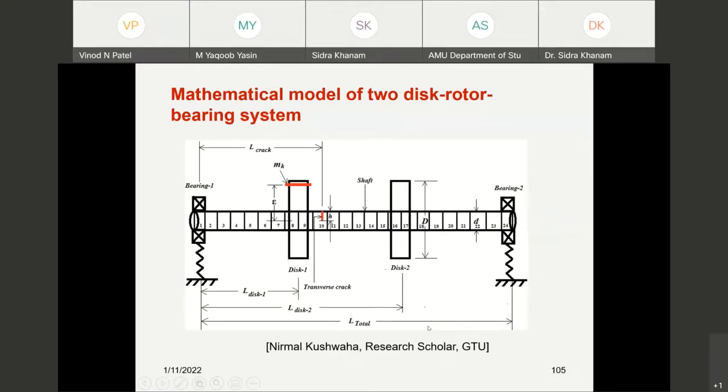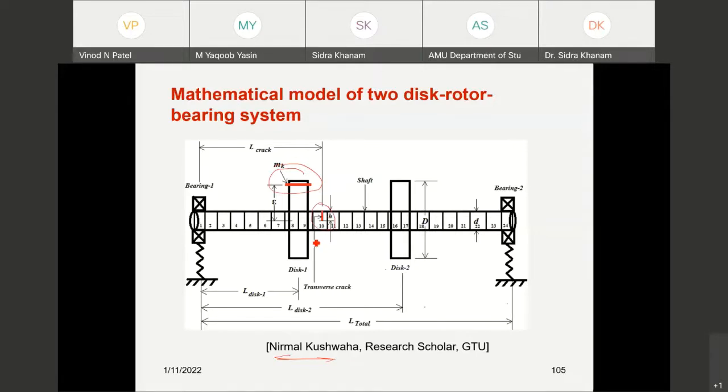And the last part of this is that we can derive the mathematical model for a defective shaft also. This model was derived by one of my PhD students, and this particular work is still under review. Suppose this particular shaft is supported on two bearings having two discs, and suppose unbalance is available on one of the discs, and here there is a defect on the shaft.